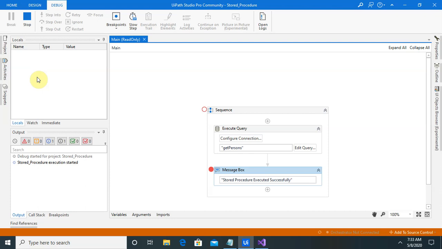It's taking time because we have just started my system and I did not connect to my database again. So it will connect to my database, fetch the data and display it here.